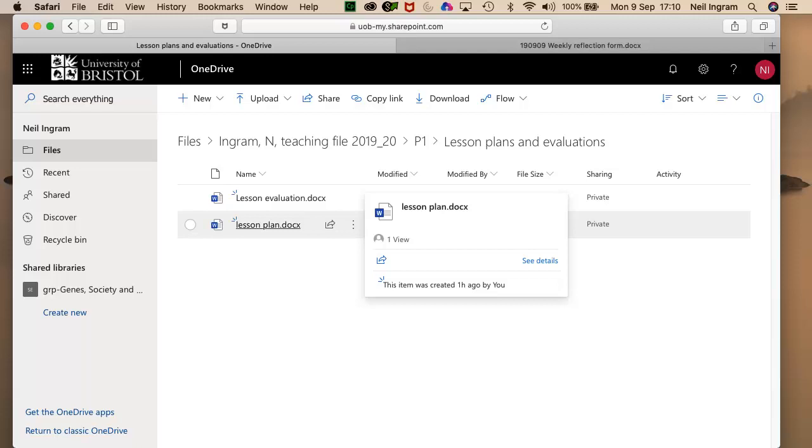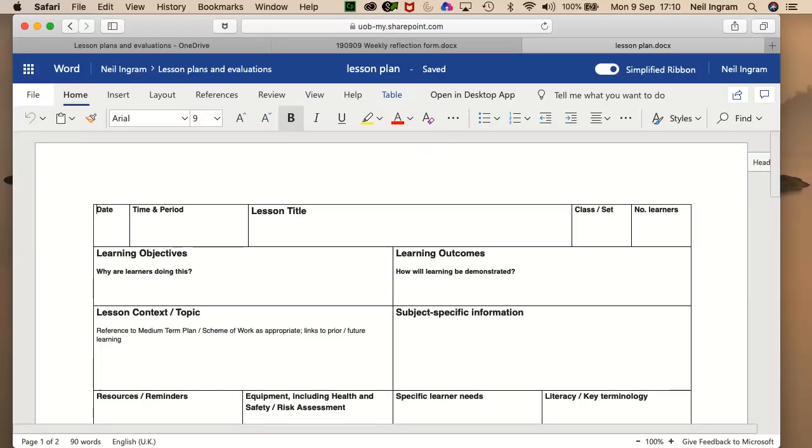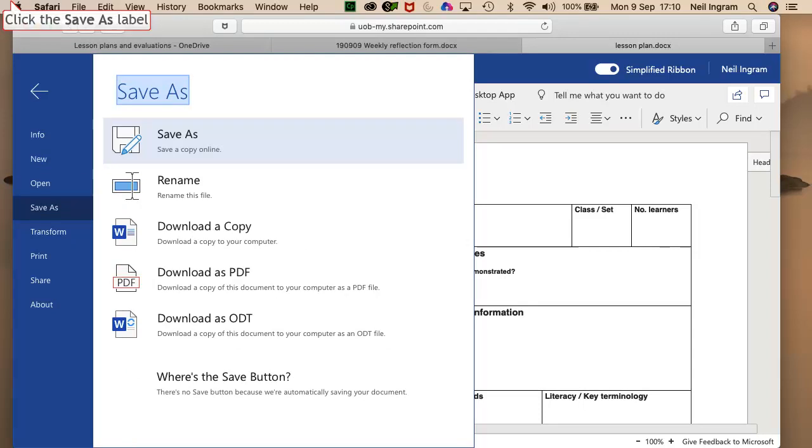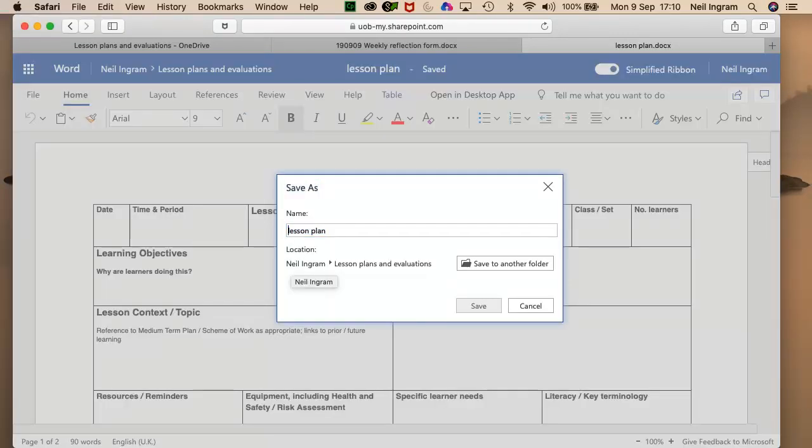And then you can copy the lesson evaluation and the lesson plan templates into each folder and then work from within there. I'll just show you the lesson plan file, and you can do exactly the same thing with that. You call up the template and then immediately save it, and again give it a name. So I would give it again the date 190909, and then I would give it the class 8PZ, lesson plan, and then I would give it a title